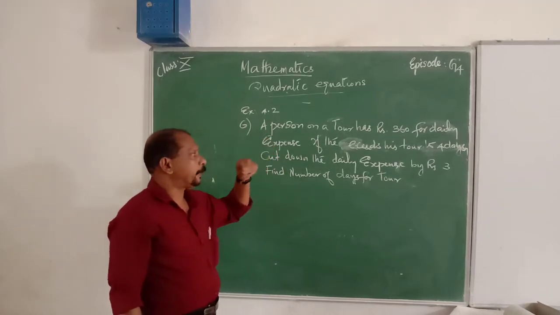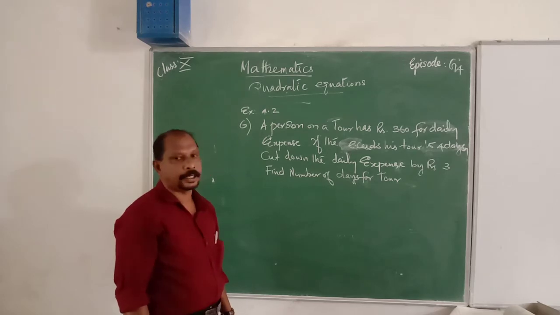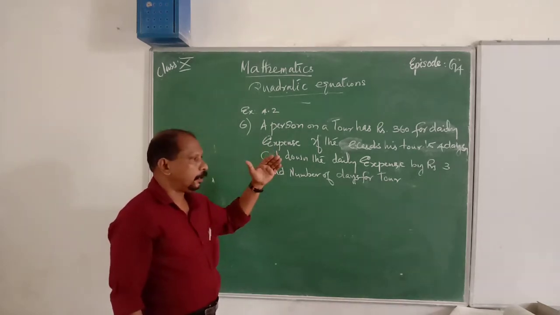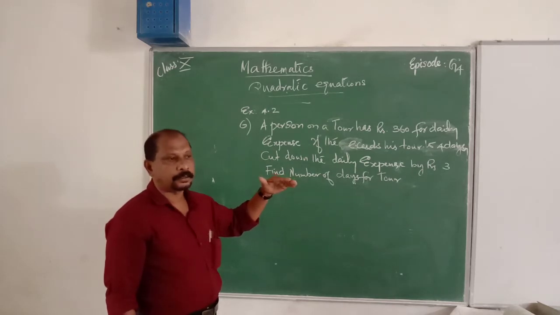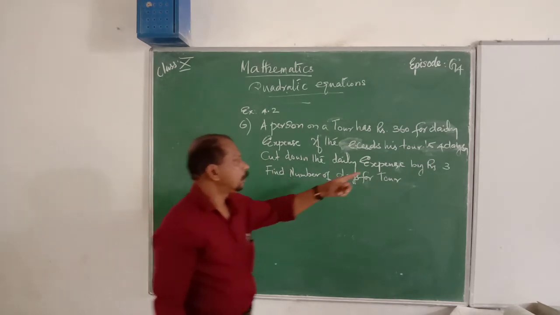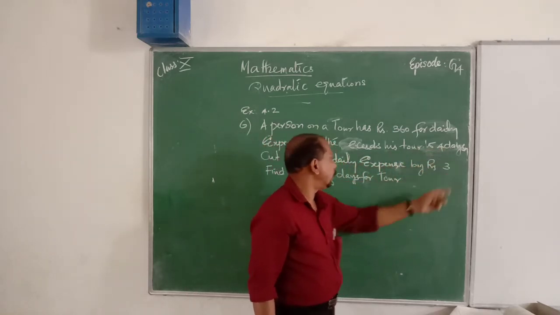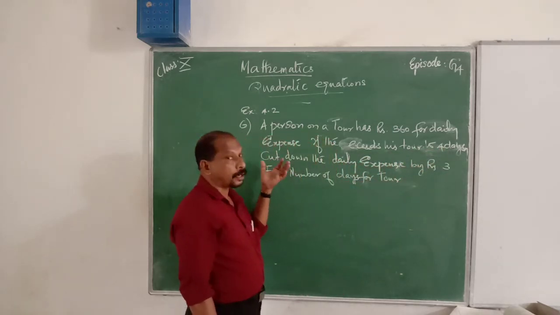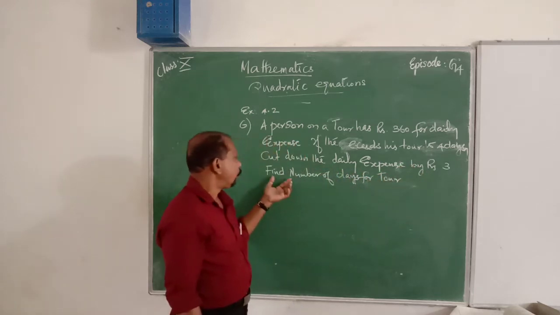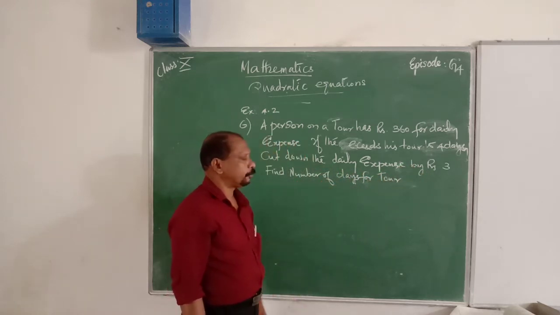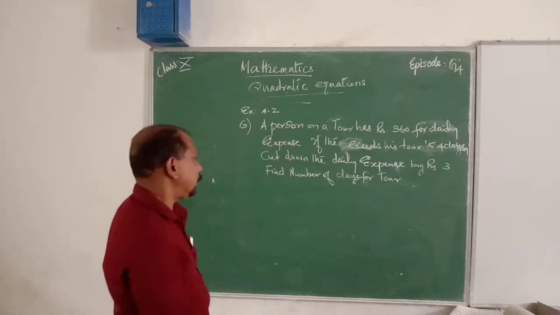Question. A person on a tour has rupees 360 for daily expense. The days of the program are increased by 4 days. That means if he extends his tour by 4 days, then the daily expense is cut down by rupees 3. Find the number of days for the tour. This is the question. Then the answer is